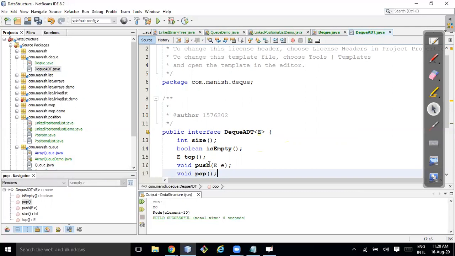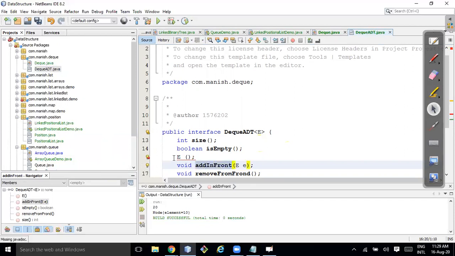Or better, I would write front, since push will be always from the front, and remove from front, or add in front.